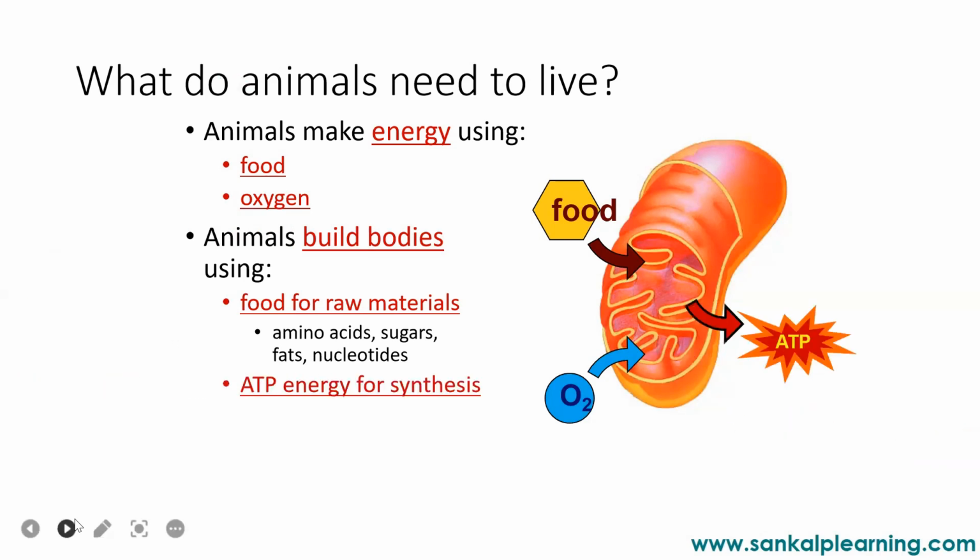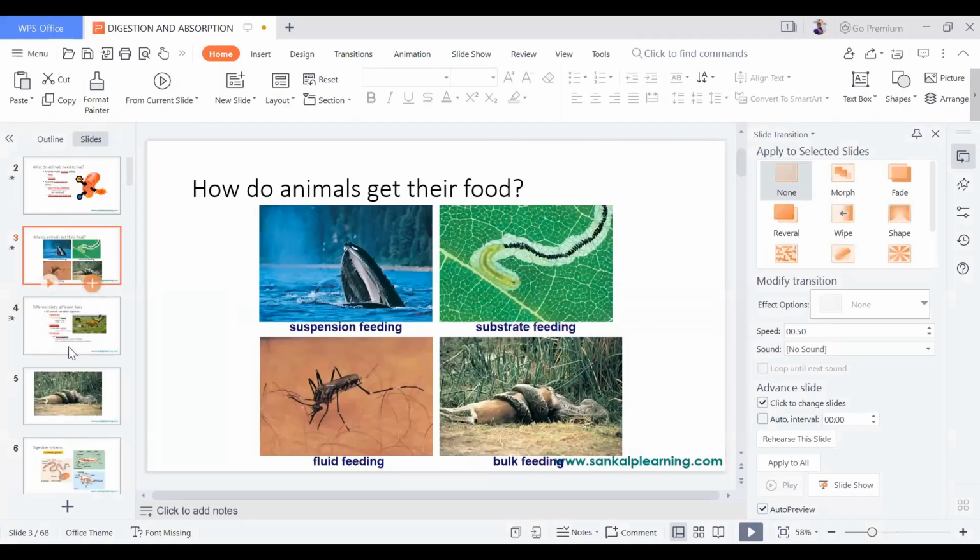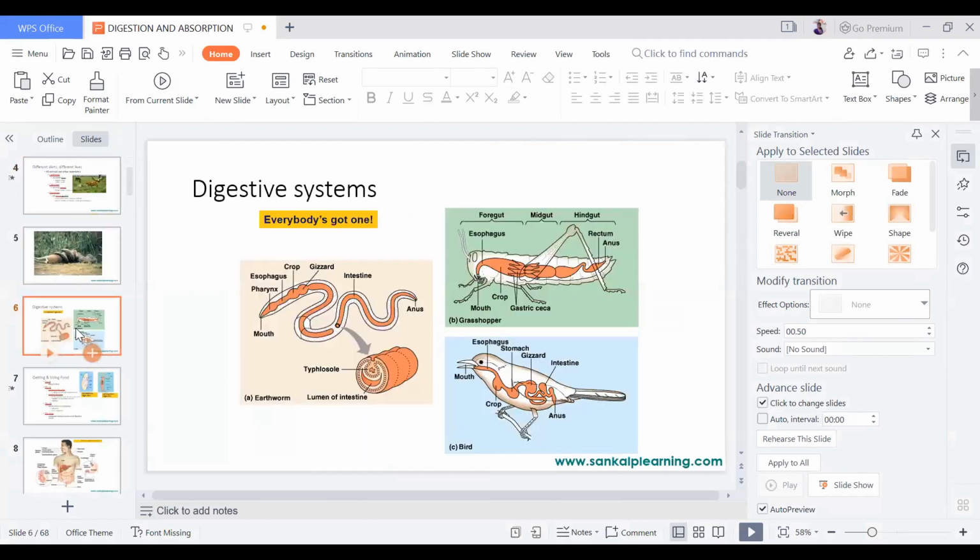So we know that ATP is the energy for synthesis. Whenever food is digested, the last product will be glucose. When glucose reacts with oxygen in mitochondria, the energy is released in the form of ATP, that is adenosine triphosphate. Now, these are all extra. The first and foremost thing is